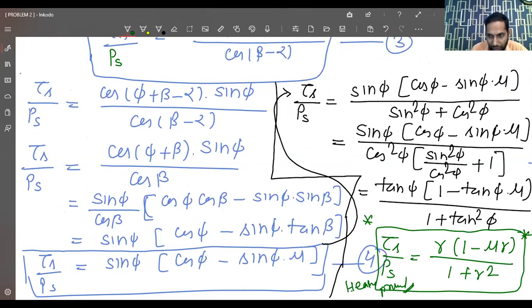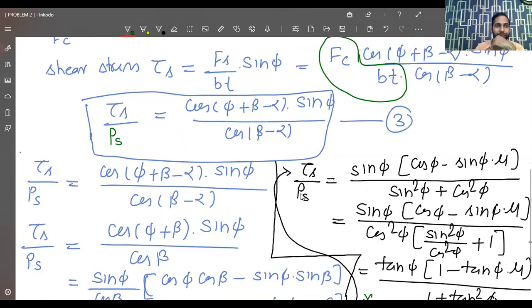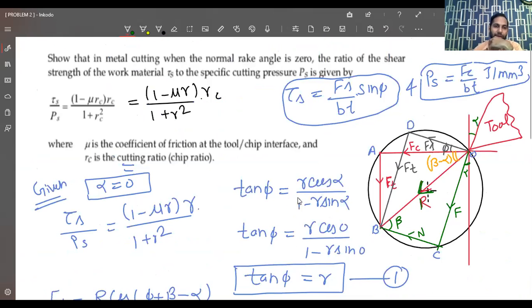This is our answer. A very simple question, generally asked in the examinations. So you can easily see what we have done. We have done nothing. We have just put this value in this equation and found the result. So at the initial level, when you read the problem asked in the examination, it is not a very big deal. We have already solved this type of problem. So what we have to do is just brush up our concepts and use these concepts in this equation and we can easily get the results.